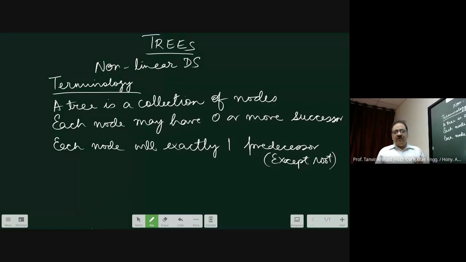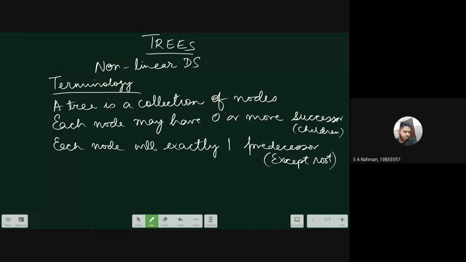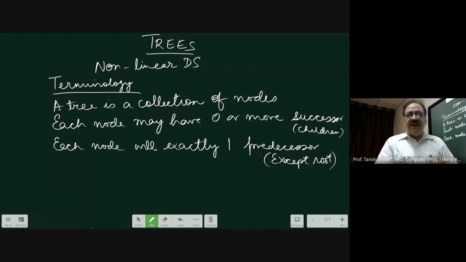Okay. Now, when we say successor, it's also called children. Therefore, in that case, this might be a child also. Okay, it can also be called a child. Now, a predecessor node is also called its parent. Therefore, when I talk about predecessor, it is a parent also.